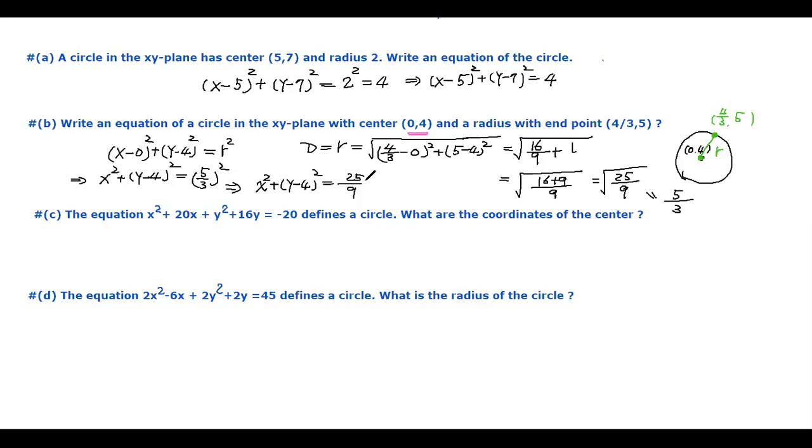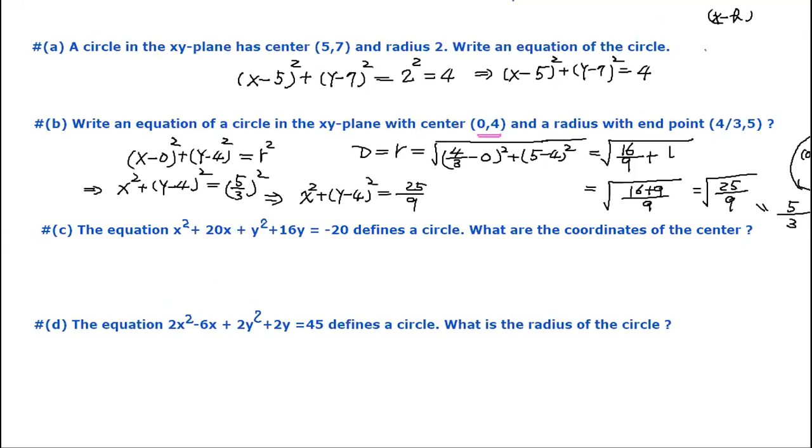Okay, now the next problem here. They say the equation x squared plus 20x plus y squared plus 16y is equal to negative 20, and they say this is a circle. So what are the coordinates of the center of the circle? If this is a circle, I know I need to change it to the form (x - h) squared plus